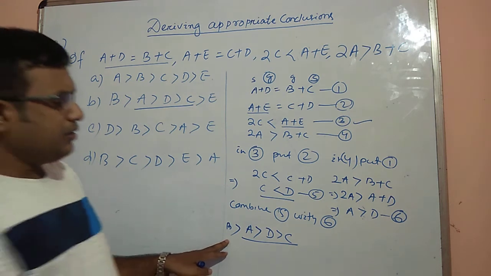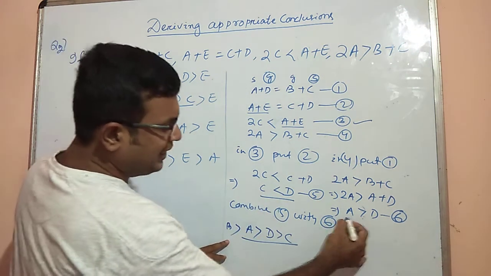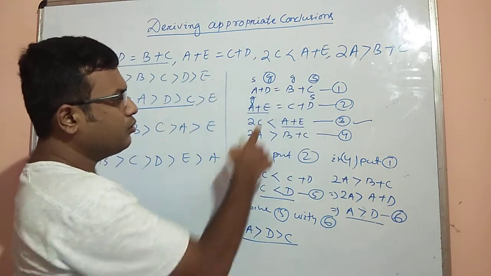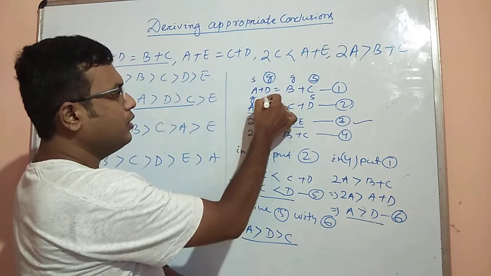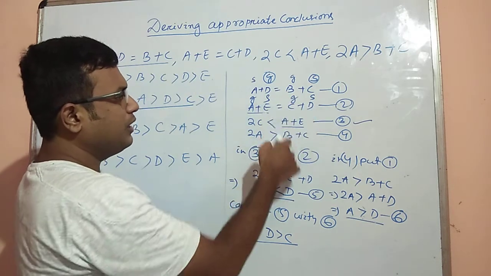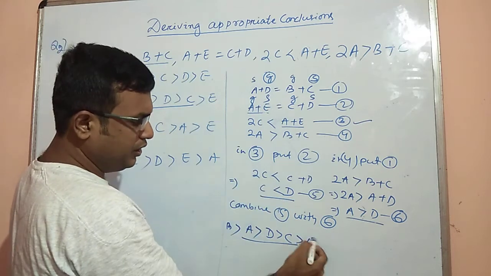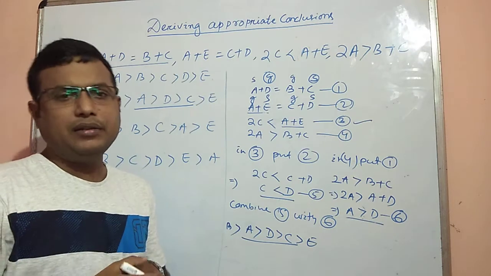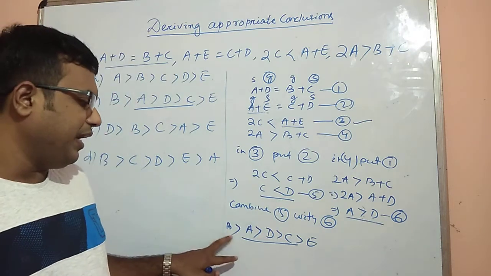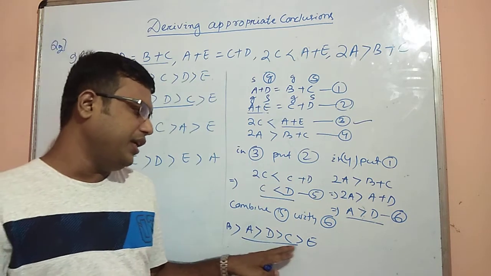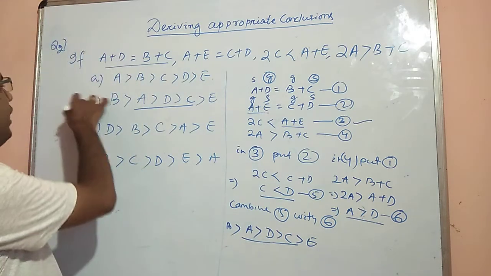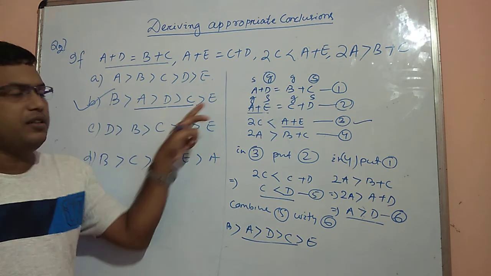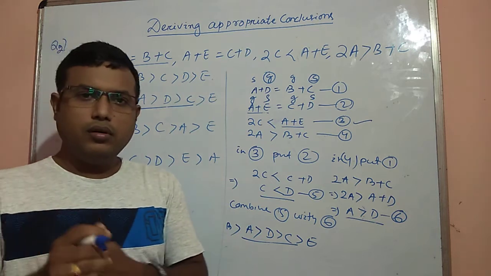Okay, and very simple. Then if you put this one, A greater than D, that means D is smaller. So what is the relation between E and C? So E is smaller than C. That means C is greater than E. Now you properly connect all the elements and find the order. That means in which order? B greater than A, greater than D, greater than C, greater than E. So the answer is B. This is your answer, right?